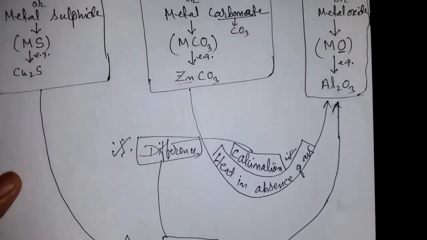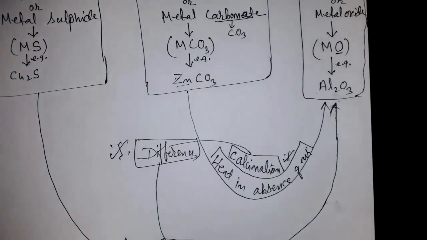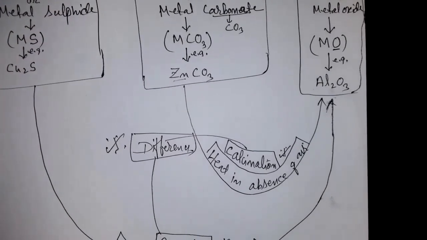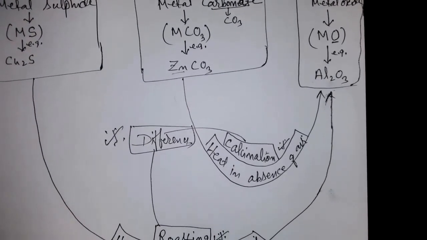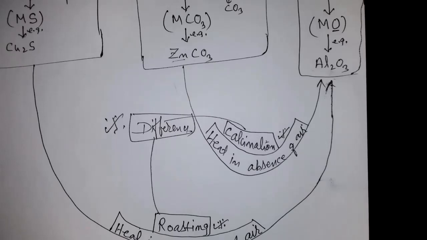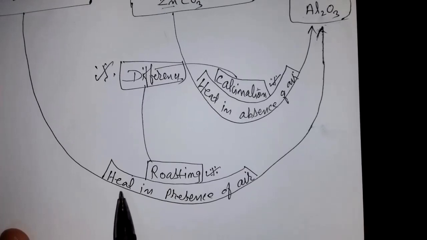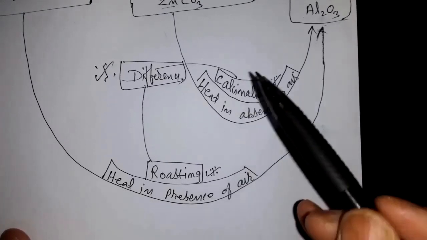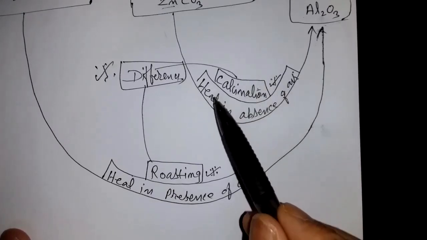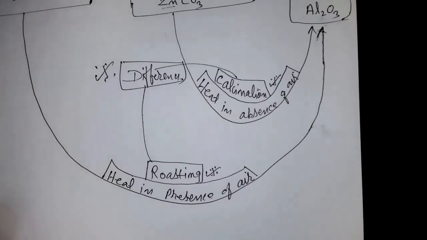Whatever we discussed, I have formed there. I think only 2 points are possible. Whenever a question asks for a difference, and if you're not getting points, then for point one you just write their definitions. Point one: roasting is the process of heating the ore in presence of air. Calcination is the process of heating the ore in absence of air.